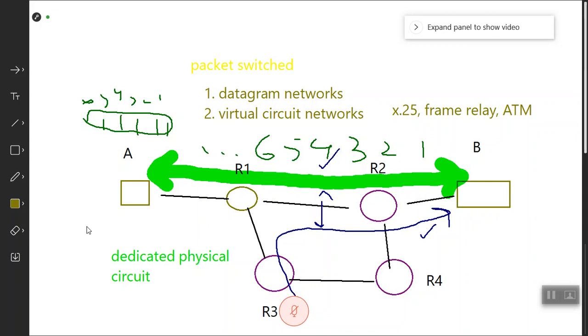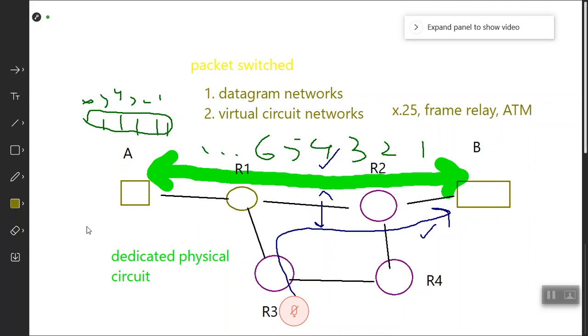Why would we say reliable? We'll say that when A and B established a network, they got a virtual circuit. You have thought of congestion, you have thought of other things while you have done the call setup itself. So you are aware of how much would be the minimum transmission rate, maximum transmission rate that you will be getting, and your network would have planned accordingly. Billing is also easier in this sense in virtual circuits.